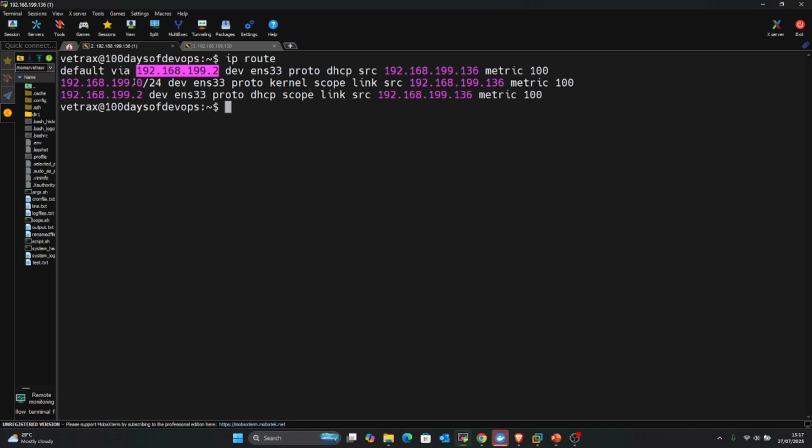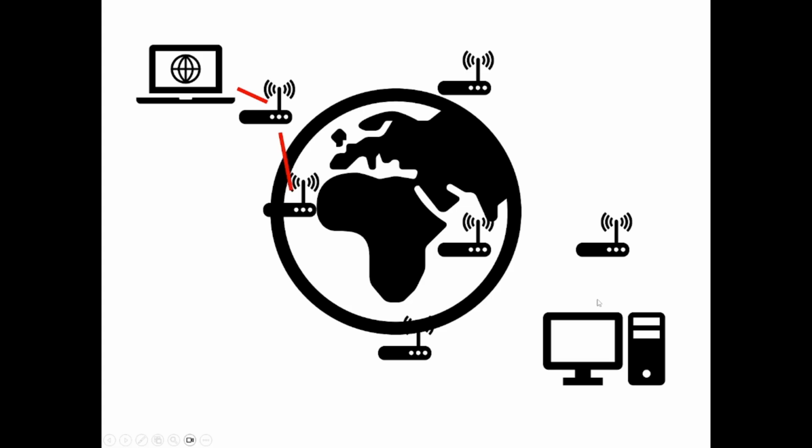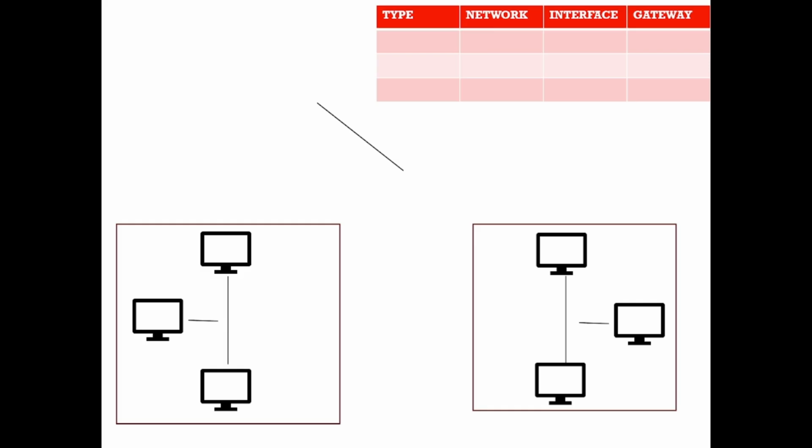But before all of this, I want to paint a quick scenario for you. Let me go back to my slide. We've talked about routing. Now let's imagine that this is network A and this is network B, and they're trying to communicate with each other. Let me just say it now: computers within the same network communicate